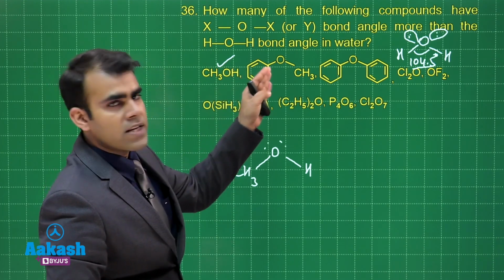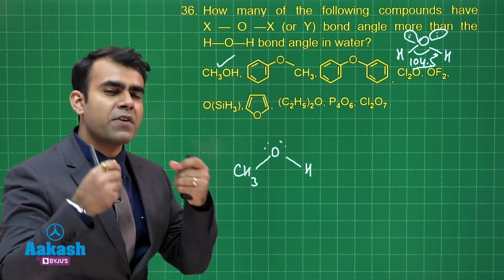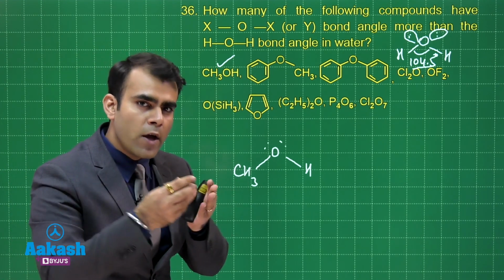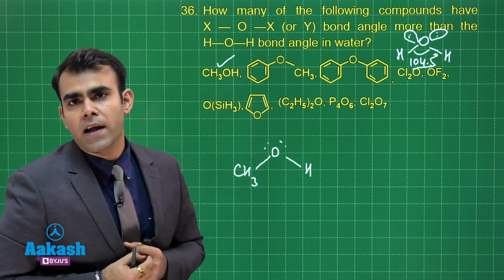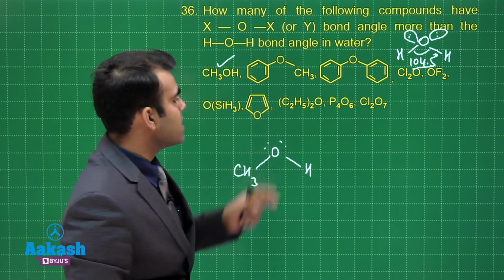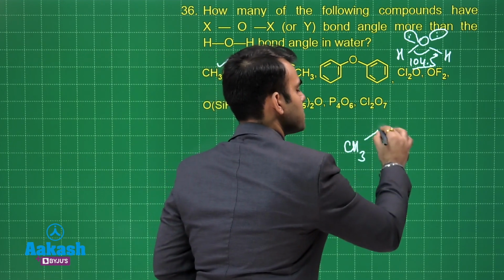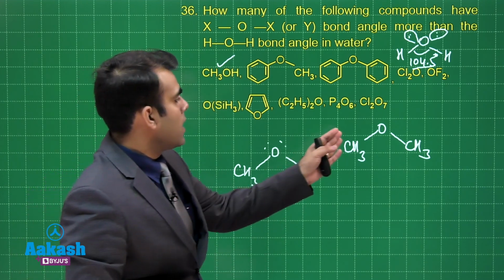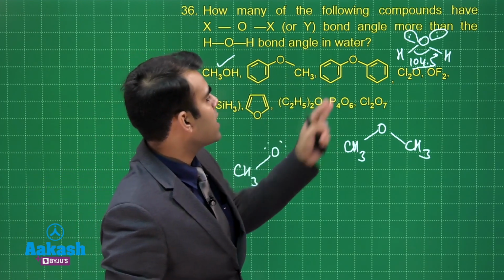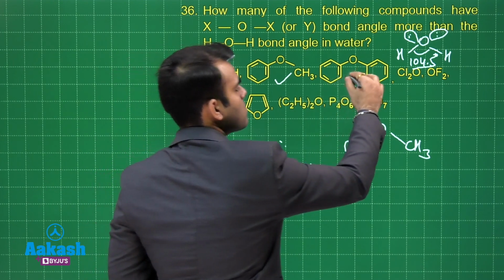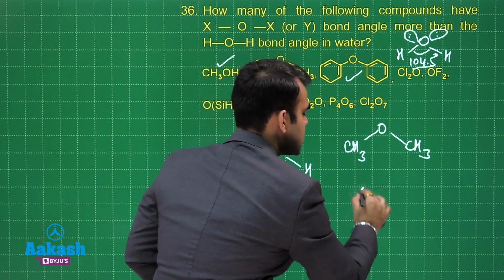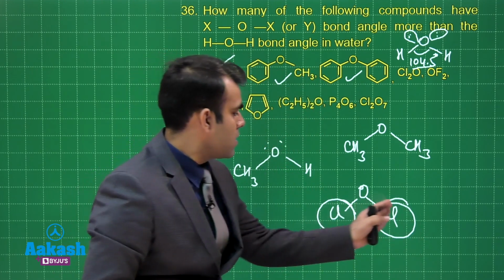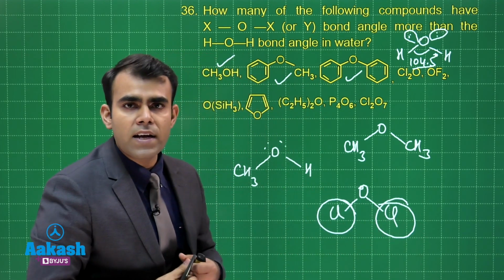Then what about this? Here also we have two R groups, and whenever we have two R groups, the bond angle is either around 109.28, or even larger than 109.28. We have seen this in the case of ethers, that in ethers the bond angle is larger than 109, and that's why whenever we have such bulky groups, the angle is larger. In this case also, in ClO2, the chlorine atom is very large in size, and again the bond angle increases.